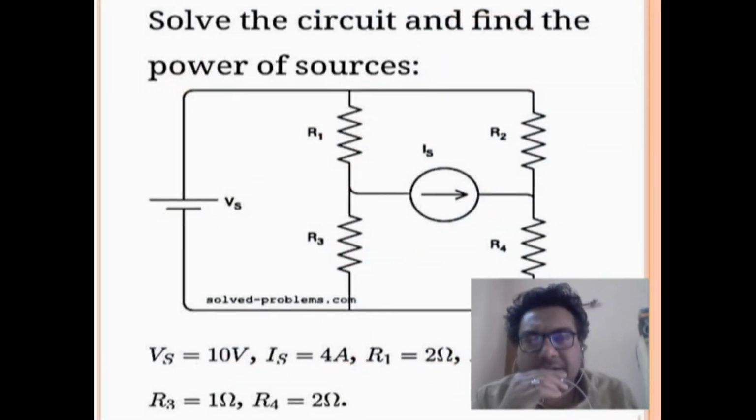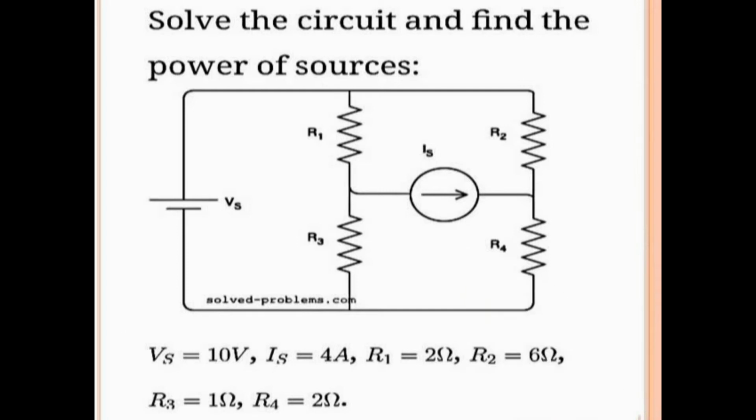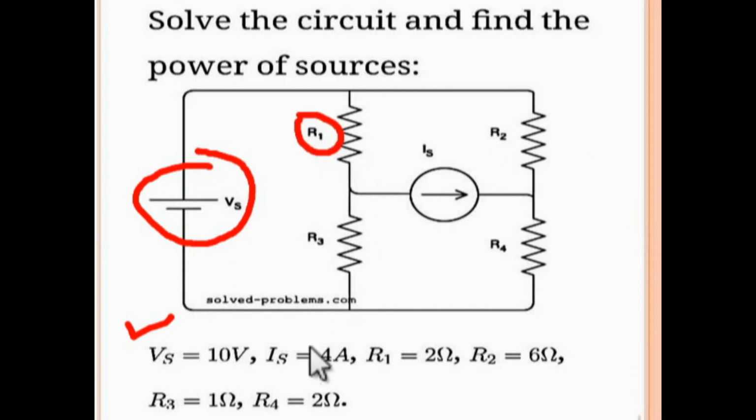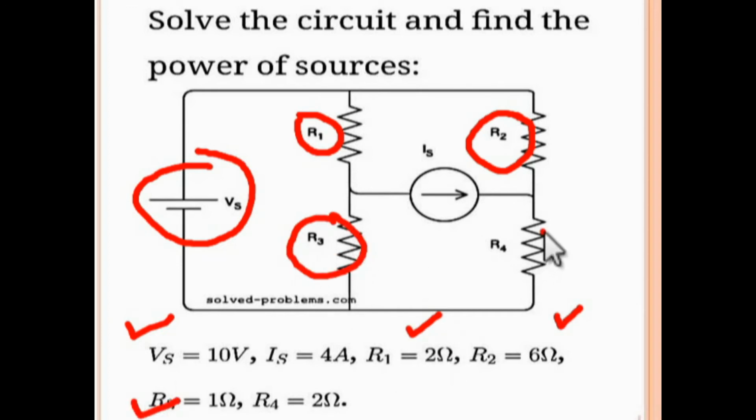So guys, now let's solve this question where we have to apply super mesh analysis. You can see over here, this is the problem. There is a voltage source, Vs, given as 10 volt, then four resistances are given. This is R1, the value of R1 is 2 ohm, then resistance R2 and the value of R2 is 6 ohm, then R3 of 1 ohm, and this is resistance R4 which is 2 ohm.